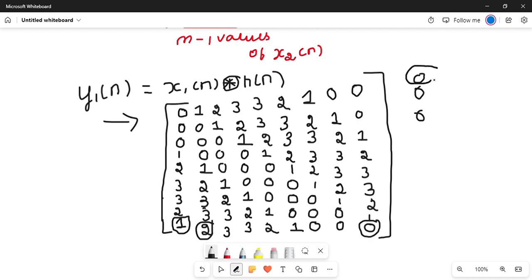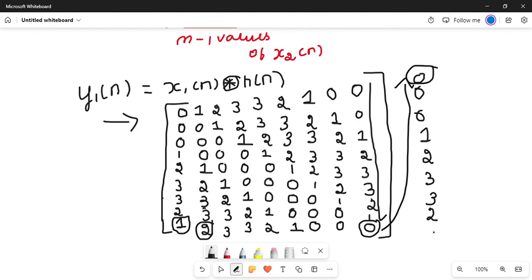Shift to e0. The e0 that is there, I have done an upward shift, so that is e0. And write this same thing here: 0 0 1 2 3 3 2 1. Fine. What is this? This is your x1 of n, so you have got your x1 of n back, right? So till that you are going to stop, or you can easily identify how much value you require. So you require n